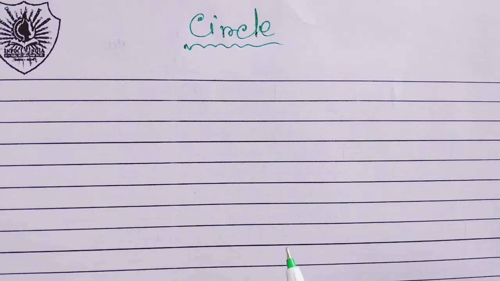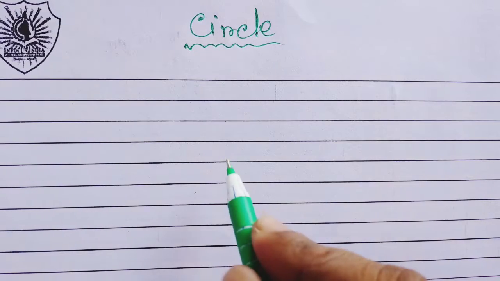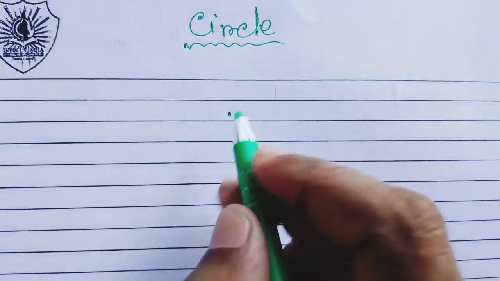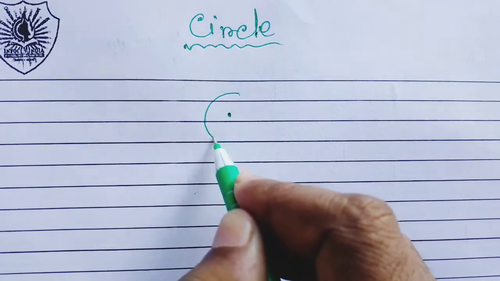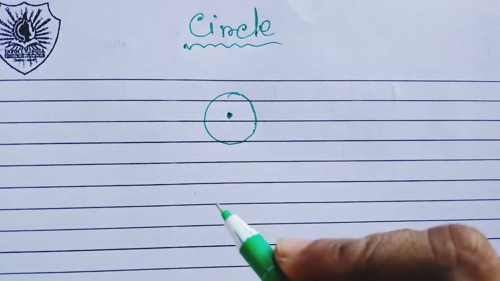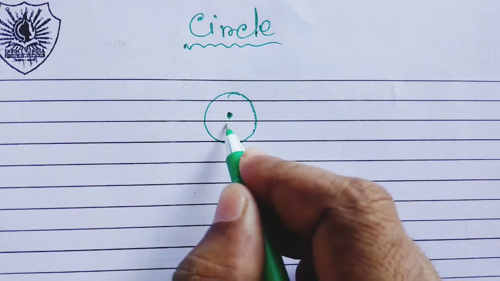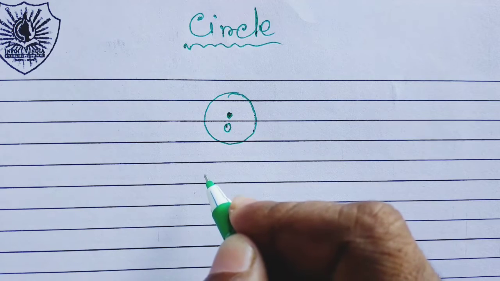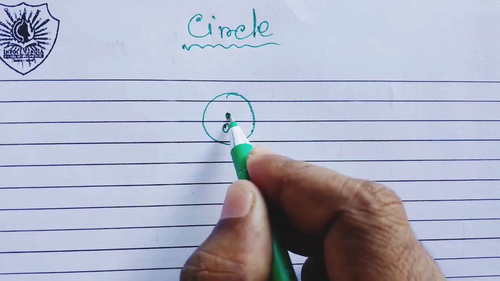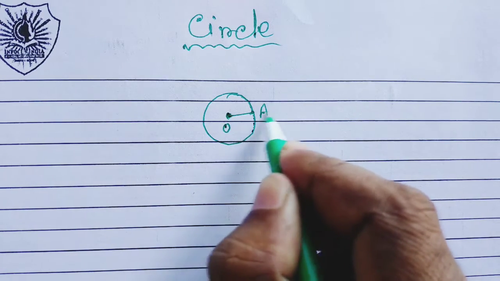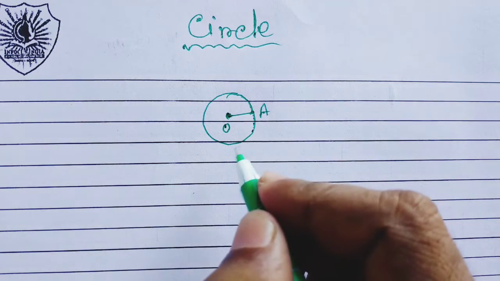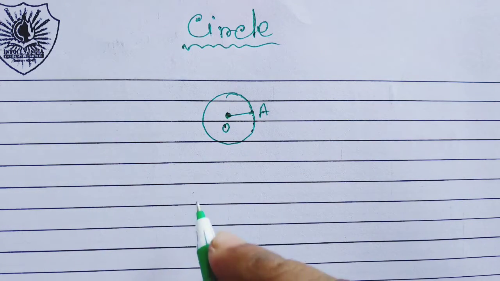All of you know what is a circle. A circle is a set of all points in a plane that are equidistant from a fixed point, the center. Think that this is a center O and this is a circle. The constant distance from the center to any point of the circle, think that this is a, is called the radius. Now we have to know what is the standard equation of a circle.